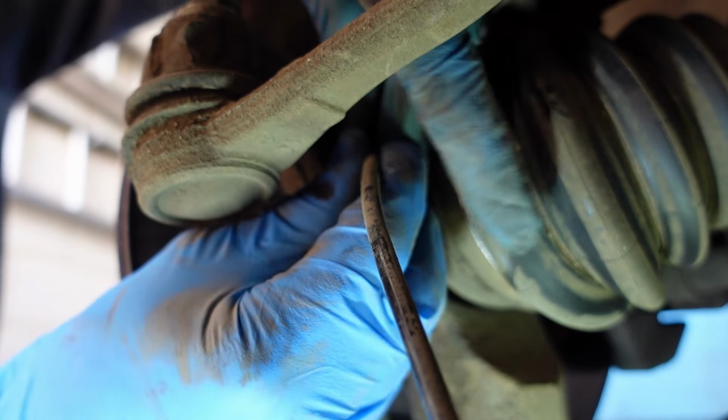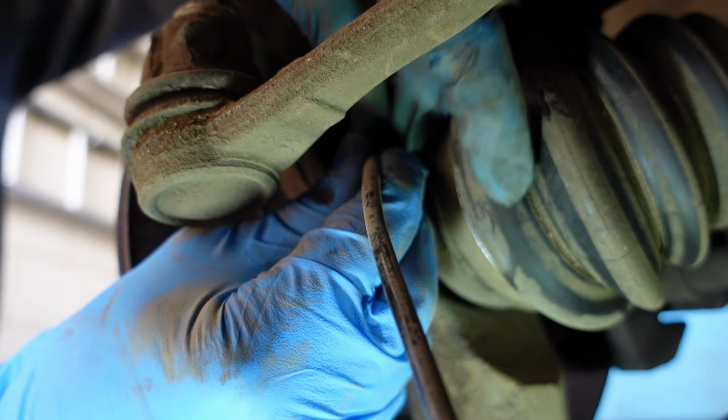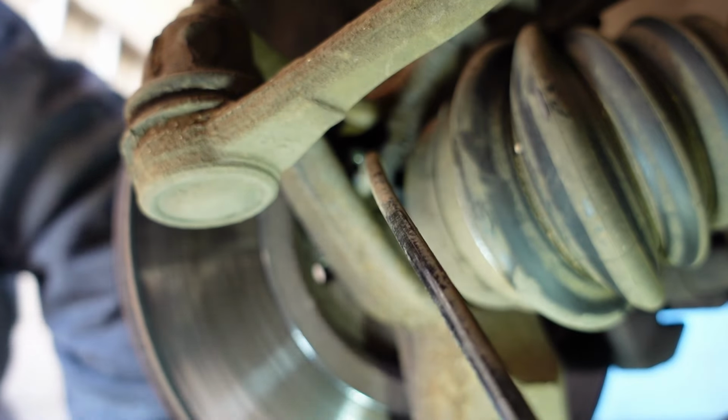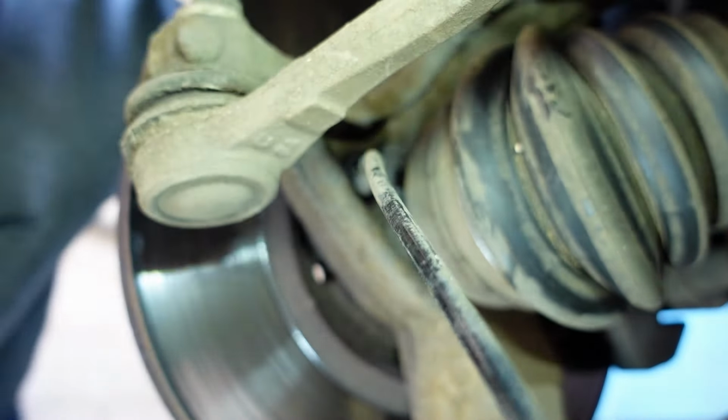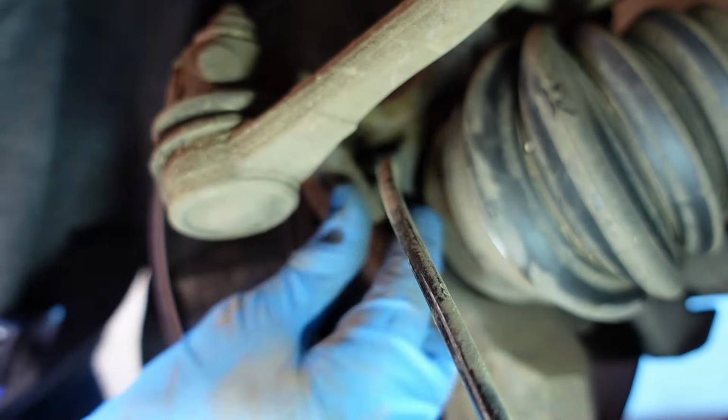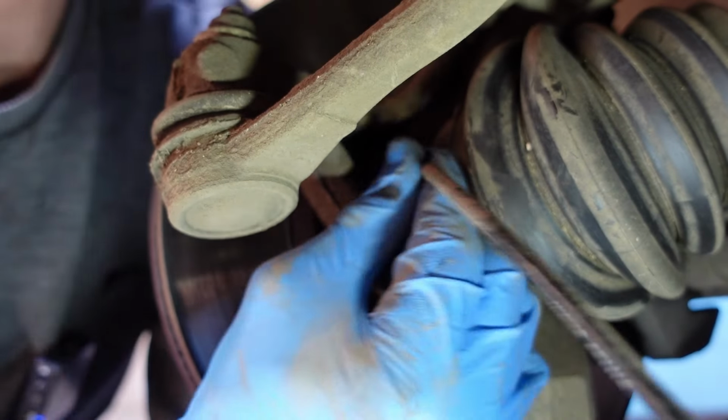Getting the rest out of my finger, and then I'll show you the bolt. And there is your bolt that you're trying to get out with the Torx head on it. Okay, so simple as that. We're almost halfway. Okay, with our little bolt removed, we should be able to give our sensor a little wiggle,